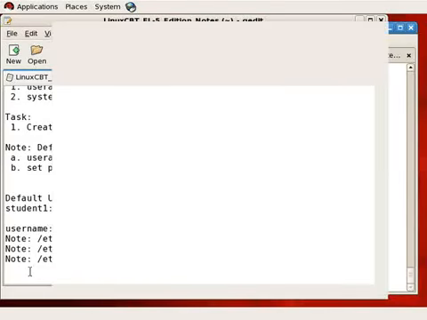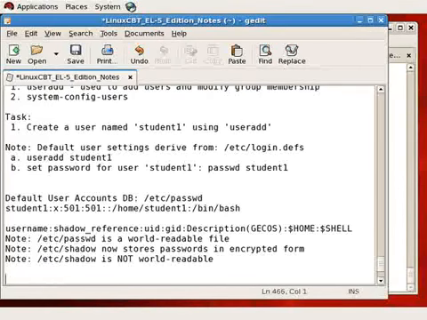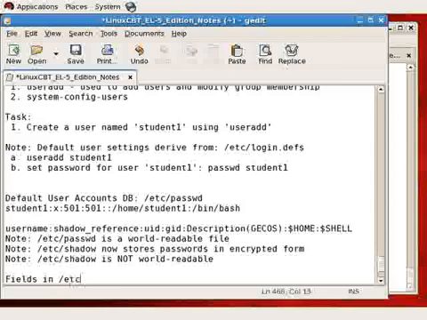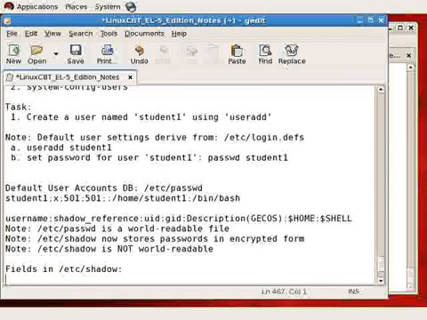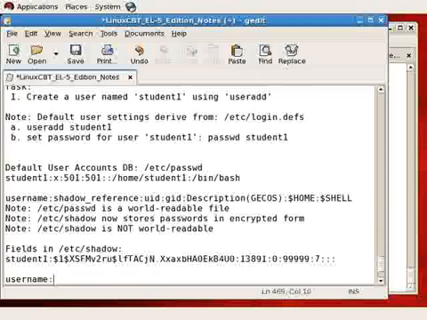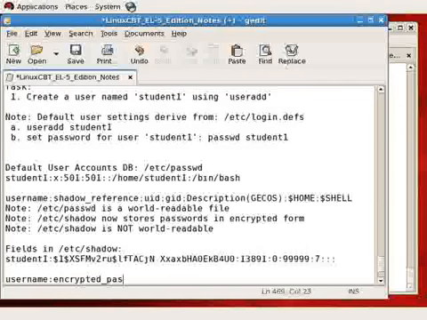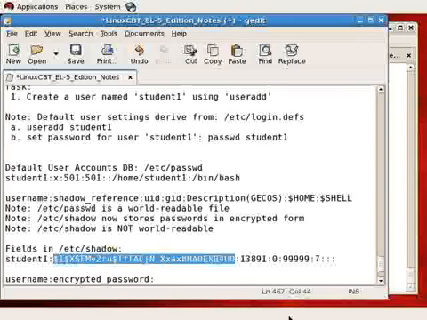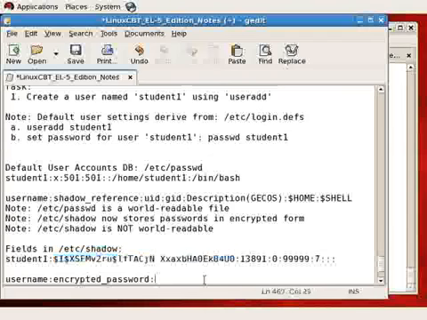For Linux CBT, and then paste it. So fields in /etc/shadow, for example, include the username followed by the encrypted password. It's usually MD5, but we won't list MD5 because it could be SHA or some other algorithm. So we'll just indicate encrypted password. The ABC123 that we typed in earlier is represented by these characters, from the $ all the way through the terminating 0, and the delimiter here is a colon, which you could use awk to parse real simply,